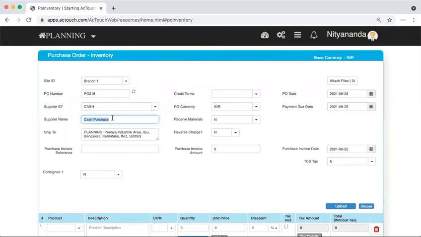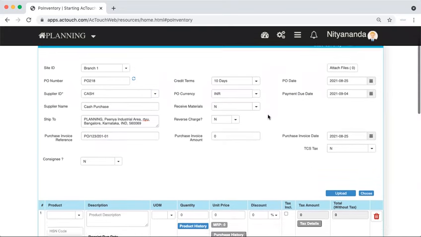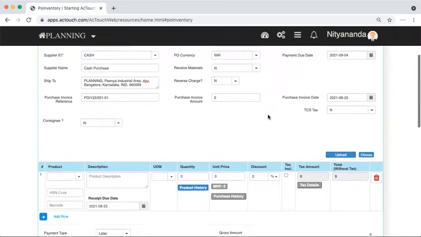Let us say the supplier name and details. If a supplier has given a document from his side, that documentation you can take as reference here. The credit term says how many days until the payment due date, like once you receive the material, within 10 days you have to do the payment to the supplier. You have the option to decide on that.